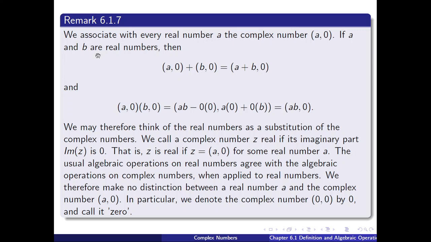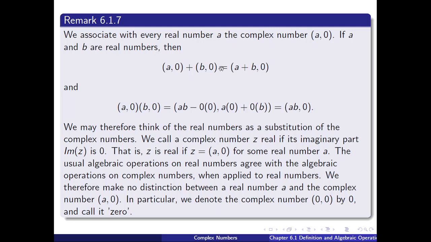So if a and b are real numbers, then adding them would give us (a, 0) plus (b, 0). We just add the respective real parts and imaginary parts, and then we get (a plus b, 0),